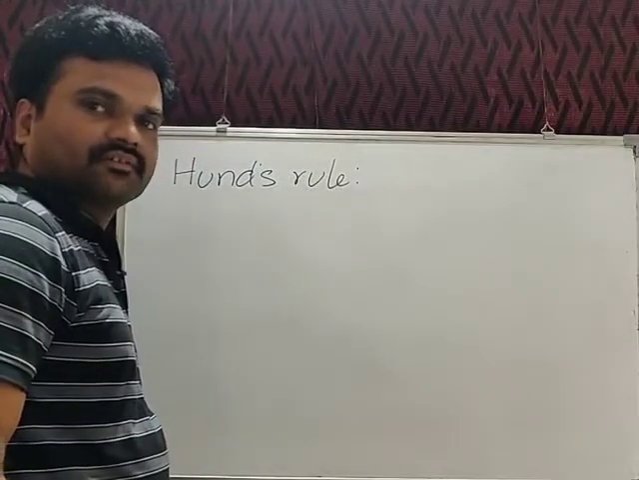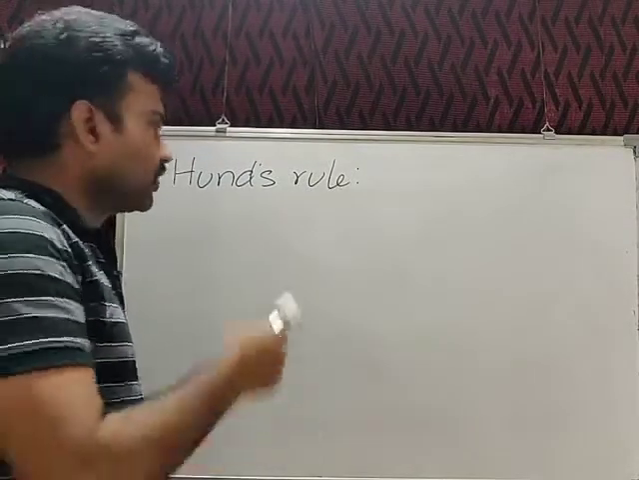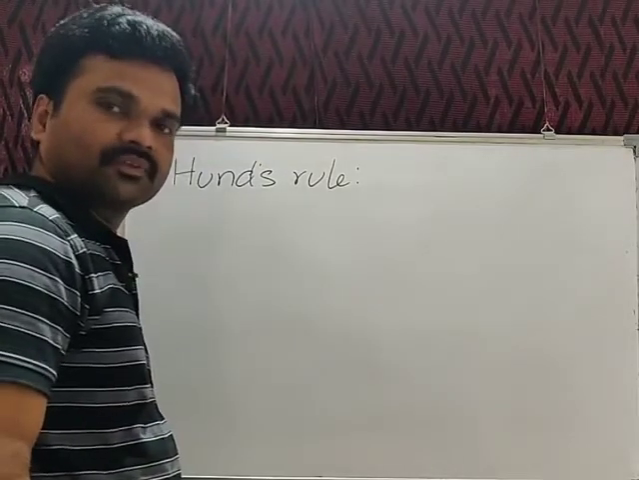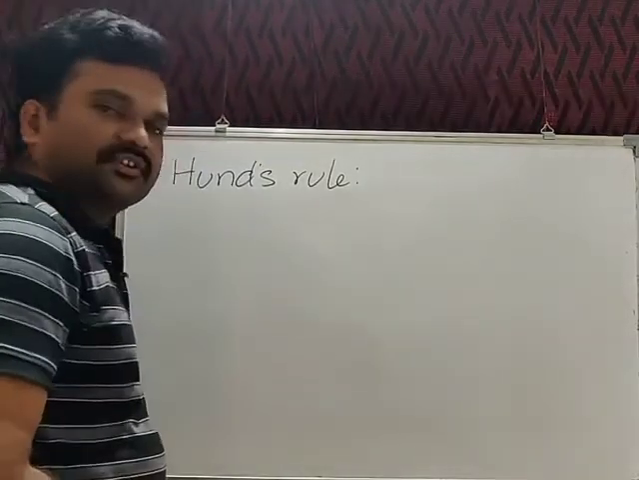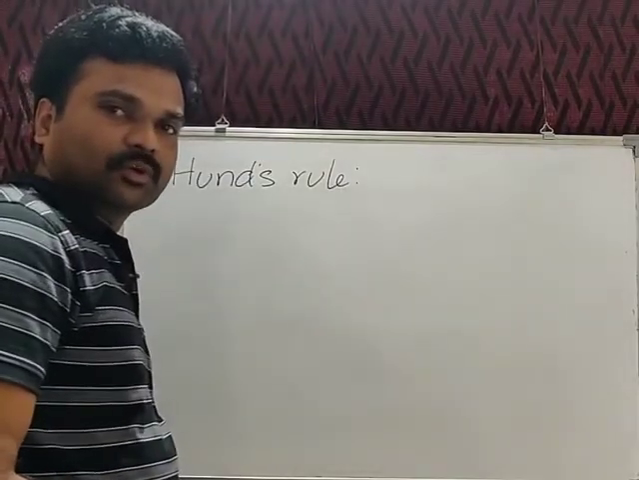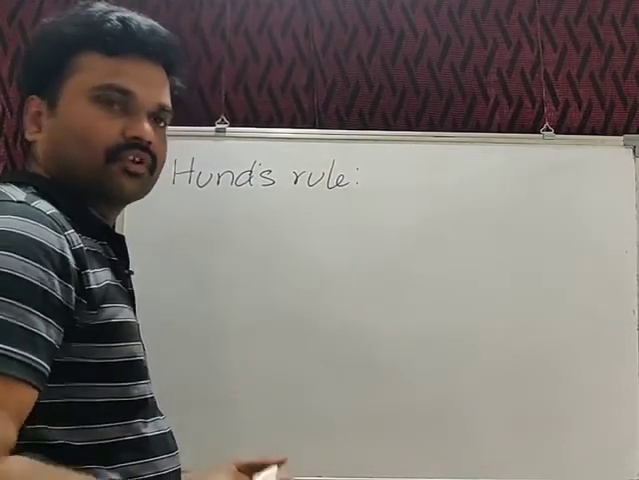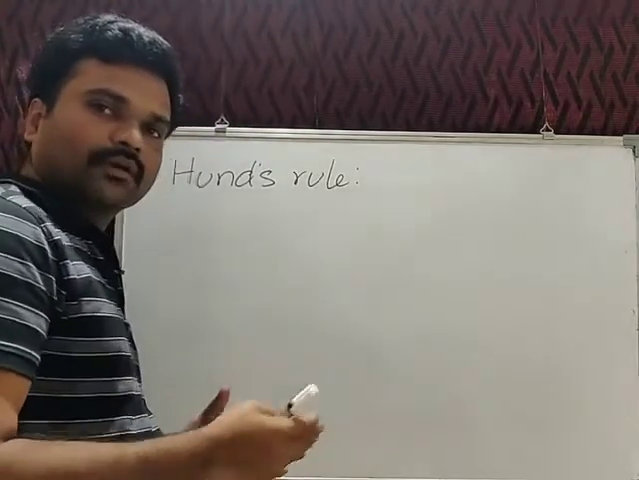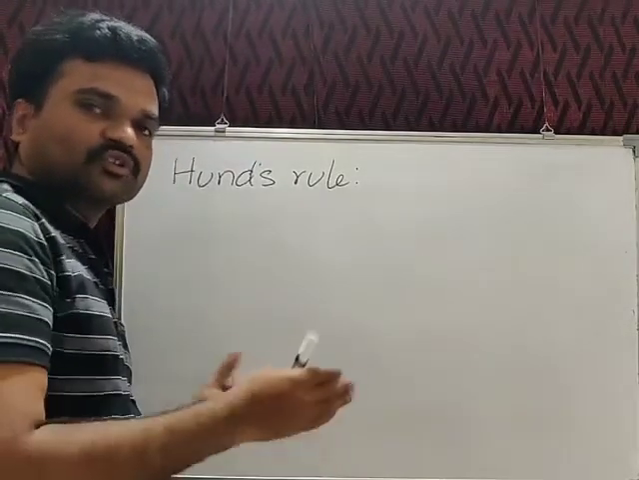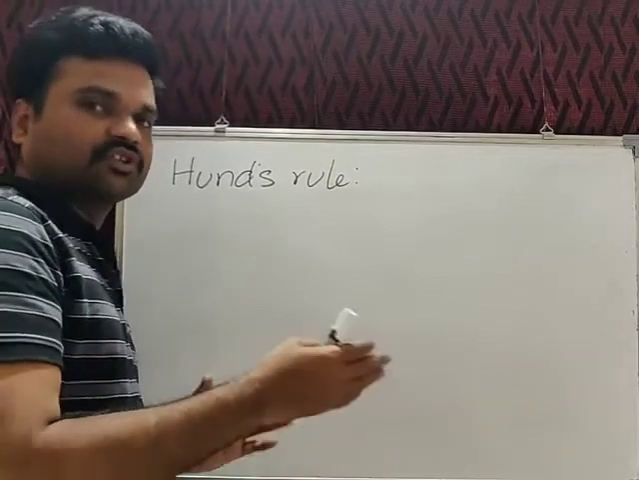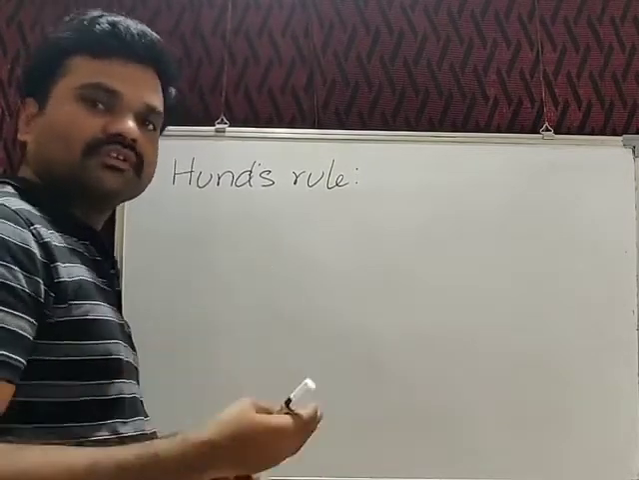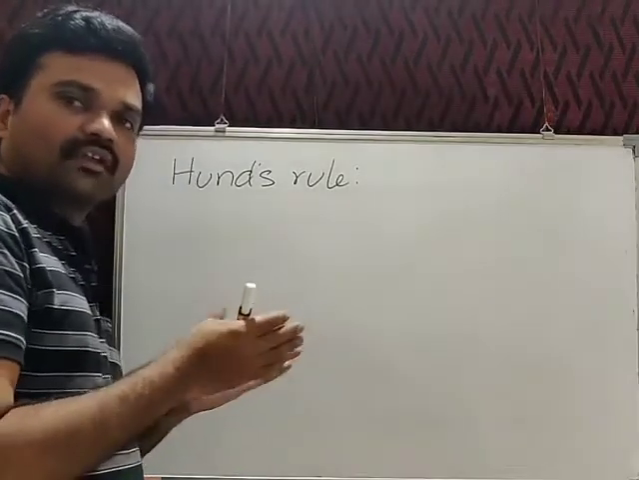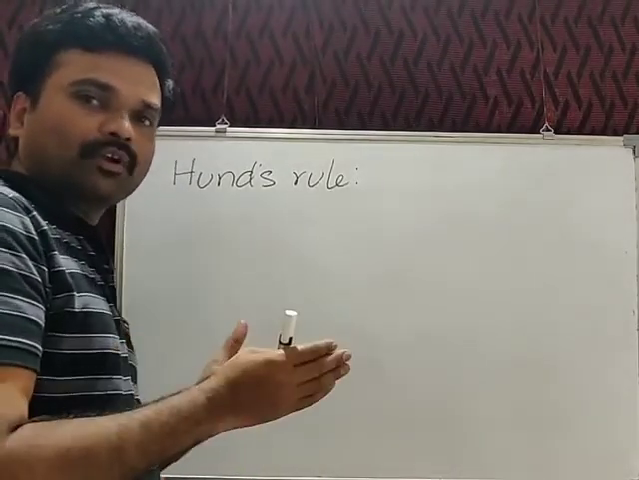Hello friends, now we are going to talk about Hund's rule, or Hund's rule of maximum multiplicity. This also explains how electrons fill into the orbitals of atoms. In the earlier principle, we studied how electrons occupy the energy levels from lower to higher, and even the subshells. But still some clarity is needed in understanding how electrons occupy different orbitals in